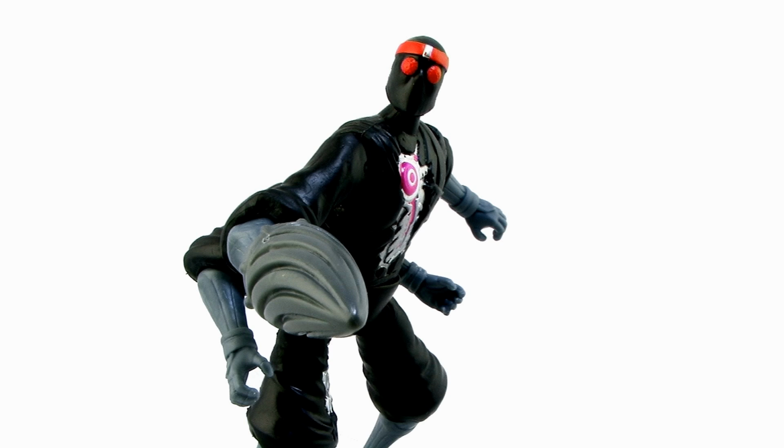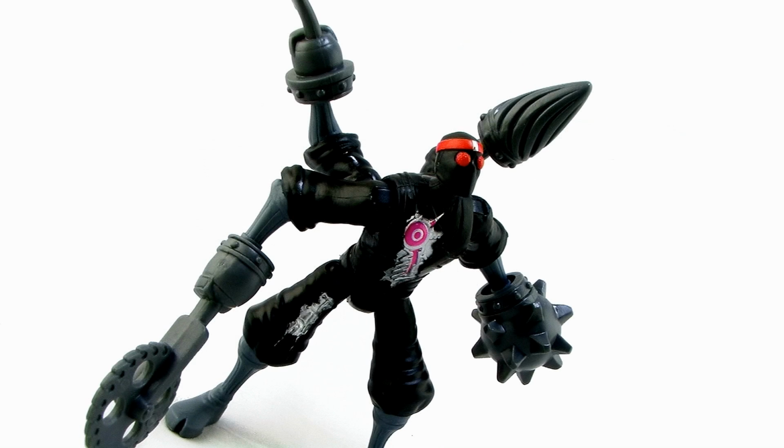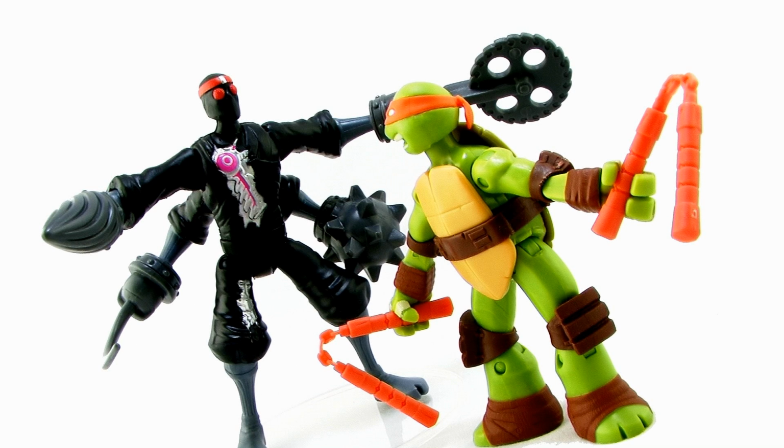So there you go, my friends. There's a look at the brand new Robo Foot, part of the Nick Turtles toy line. I really like this guy. I think it's a great twist of the foot soldier, and it gives us another new army builder for the lineup. It's really cool thinking about the possibilities of getting several of these guys to arm up your collection,